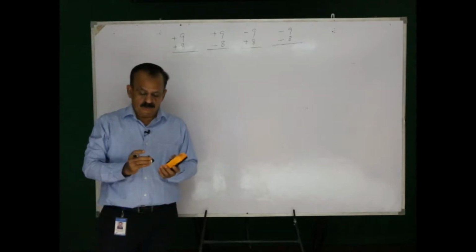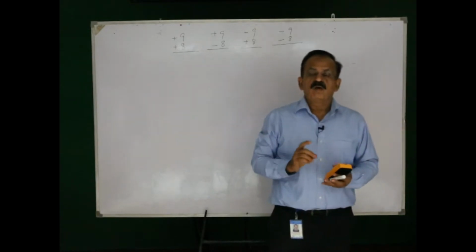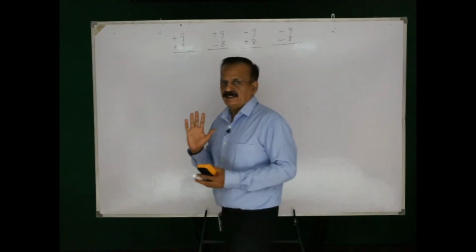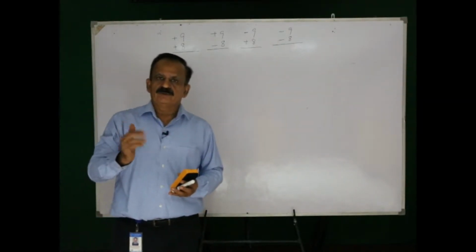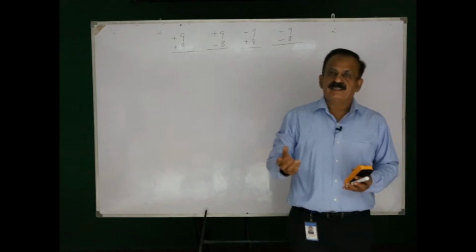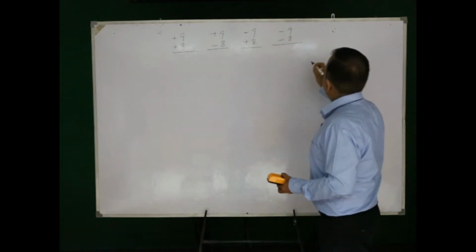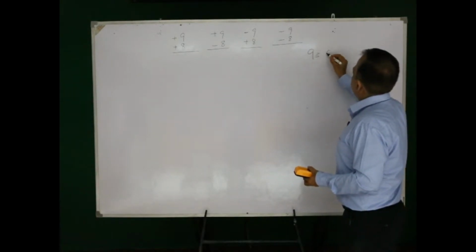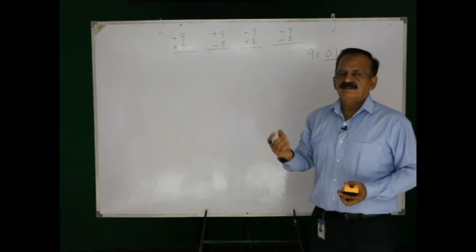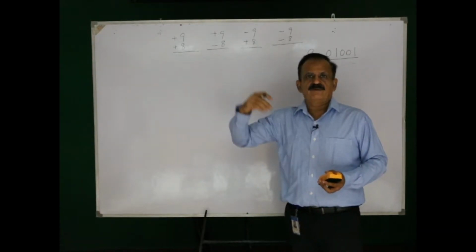One thing must be clear to you: these 1's and 2's complement representations are used only for negative numbers. Positive numbers have only one representation, and that is sign and magnitude. That means the 1's complement and 2's complement are taken only of the negative numbers. Say I write the binary representation of 9. It is 0 1 0 0 1, which you can easily check by converting 9 to binary: divide it by 2, write down the remainders, and then read the remainders from bottom to top.